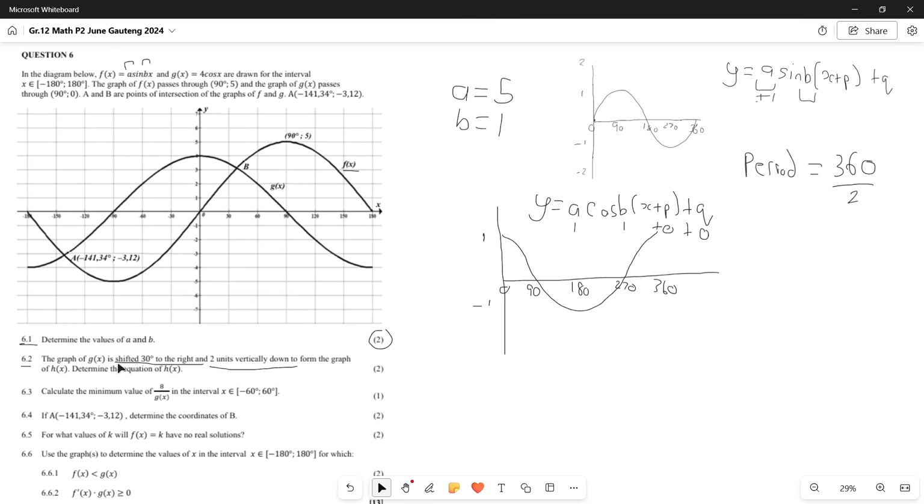Okay, which means now in this scenario, they're saying the graph of g of x is shifted 30 degrees to the right and 2 units vertically down to form the graph of h of x. Determine the equation of h of x. So as we can see, g of x is 4 cos x, so we can just go ahead and write that. And then in order to do the transformation from g of x to h of x, we have to make the following moves, because they didn't affect the amplitude, they didn't reflect it over the x-axis or adjust the maximum or minimum, which means we still have the 4 over here, we still have our cos,